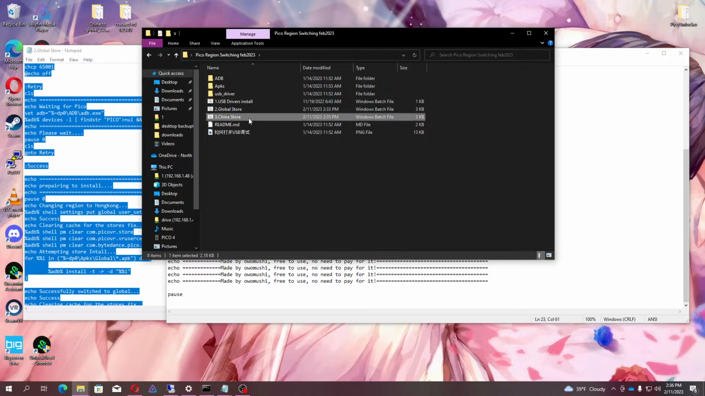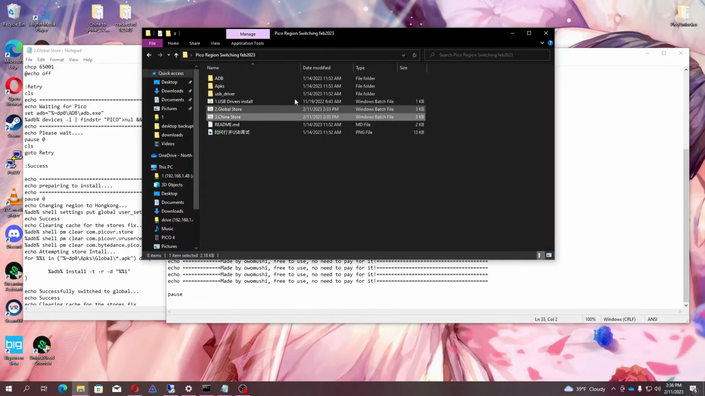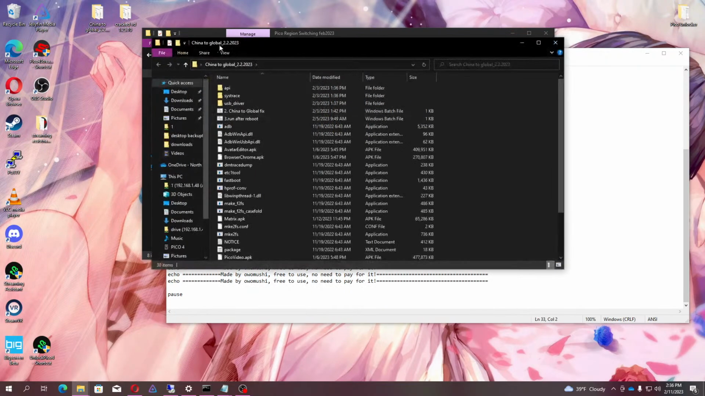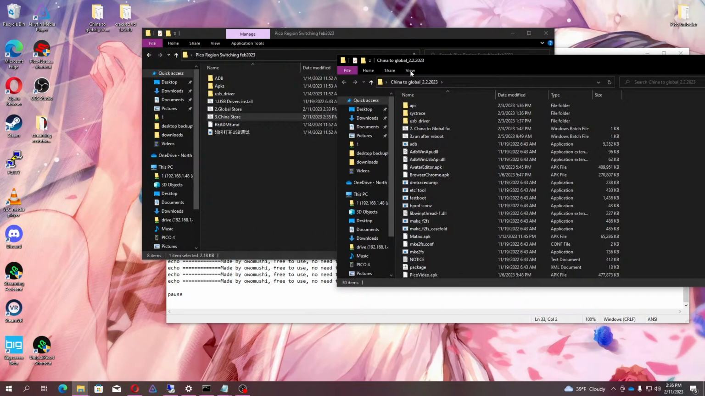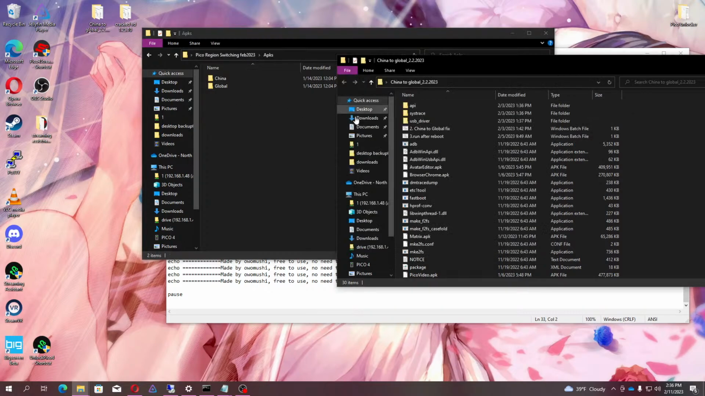Because what we're going to need to do is we need to add in the other stuff like the other things that we're going to be needing here. So the China store, now we need to go ahead and get the other application that we were doing here, which was China to global stuff. Okay, China to global, we need to go into APKs, and then we need to do